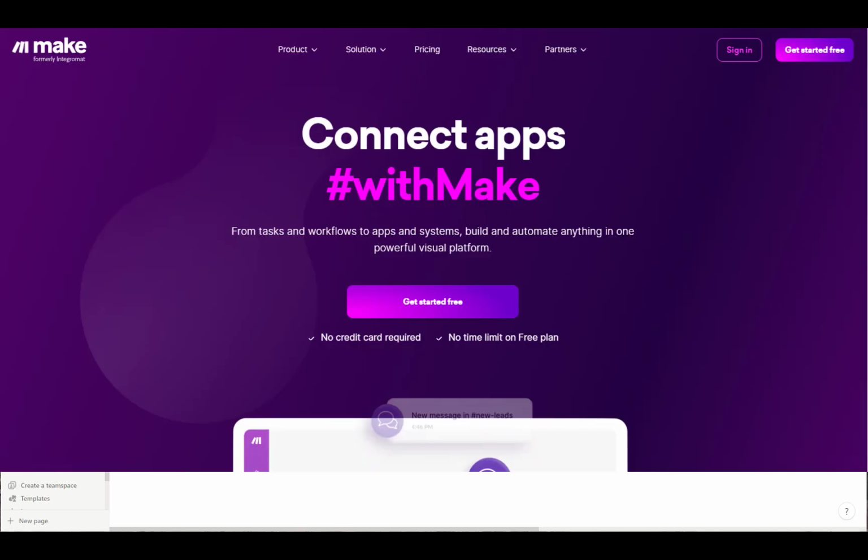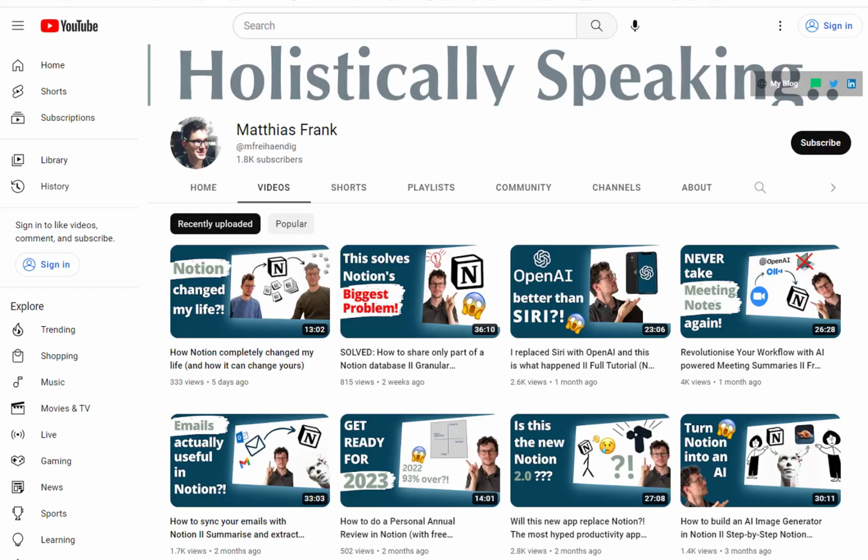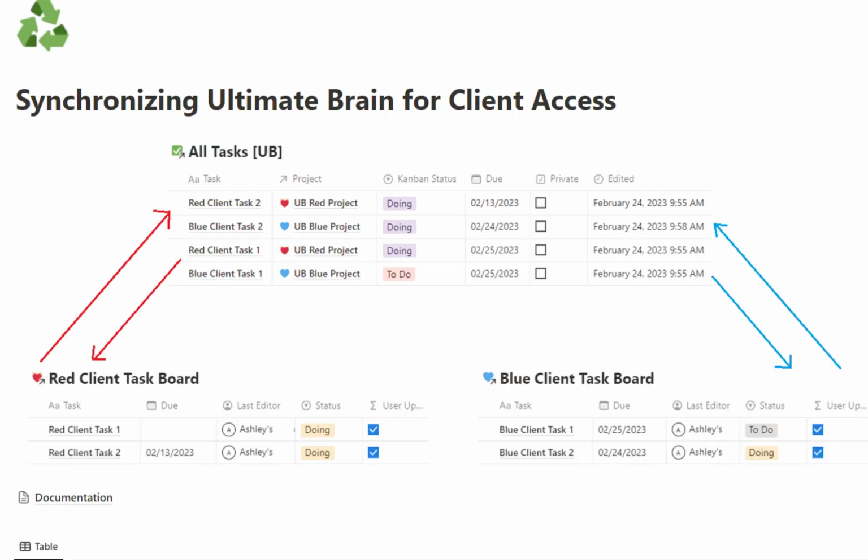There are a few examples of using Make.com to synchronize selective tasks to another task database that can be shared. I especially like the one from Matthais Frank, which I'll link to in the description. It's a great solution, but you would need 2 Make.com scripts for every client that you want to synchronize with. For example, you would need an outbound and inbound script for the red client